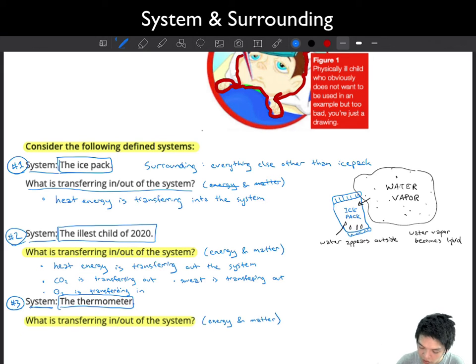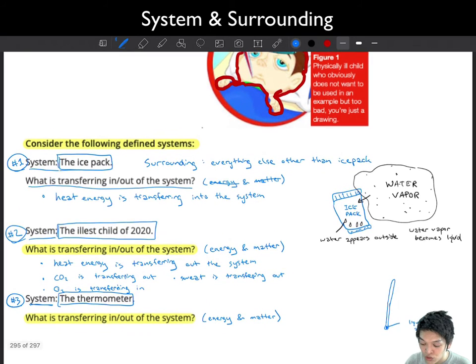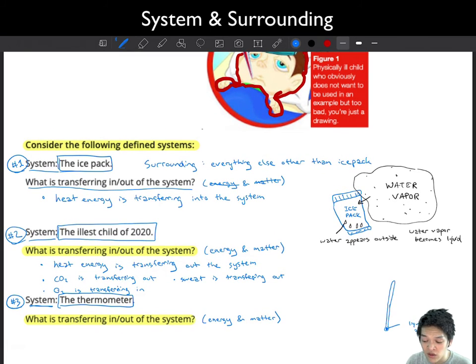Okay, so the thermometer looks like this, right? It's usually enclosed in glass, and inside we have liquid alcohol, actually. It used to be liquid mercury, but then we found out mercury is dangerous, so we swapped it to alcohol, which is not as dangerous. Is there any energy transferring into the thermometer or out of the thermometer? Well, the thermometer, if you look at the picture, is stuck into the kid. And a thermometer isn't usually 100 degrees Celsius to start off. It's usually room temperature. But if you stick this thermometer into a hotter environment, such as a kid's mouth,